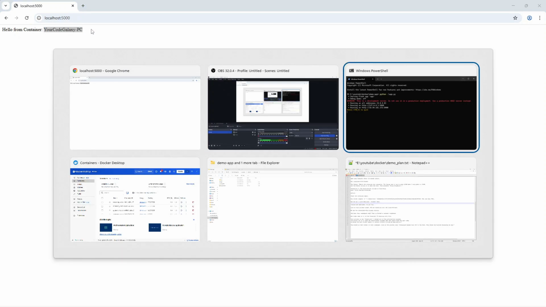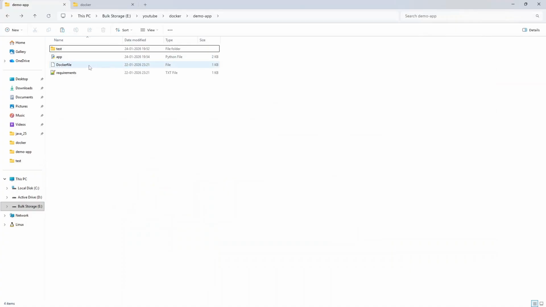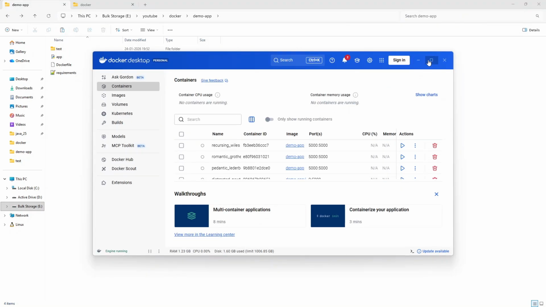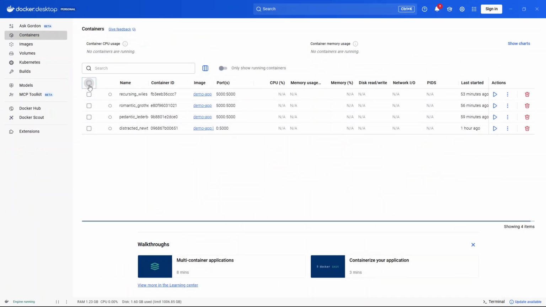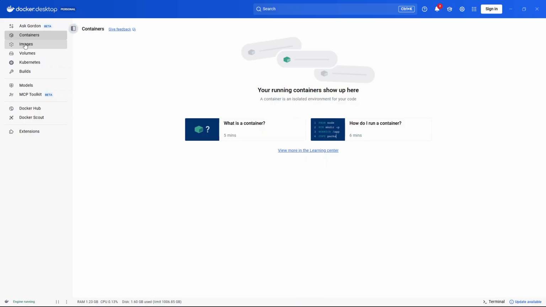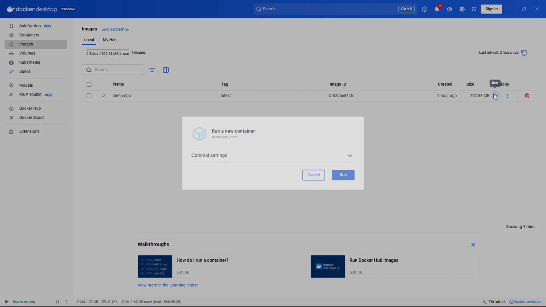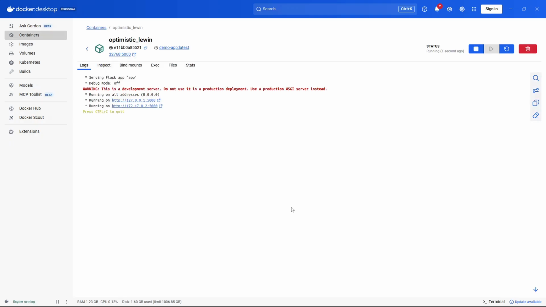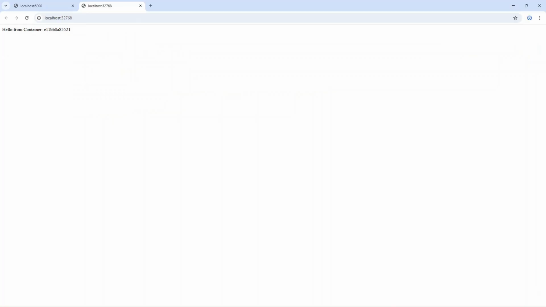Great. Now I have a Docker file from which I have created a Docker image. I will start a container. These are the old containers. I will delete those, and I will fire up a new container. In this I will give it 0 for randomly assigning the IP. And now I have the same Python app running inside a container. This is the port in which I will find it. I will click here, and as you can see,